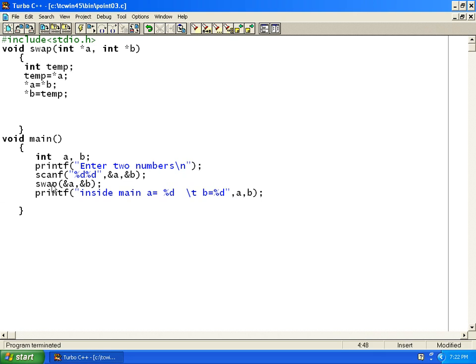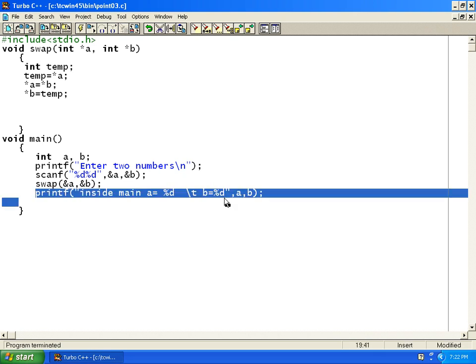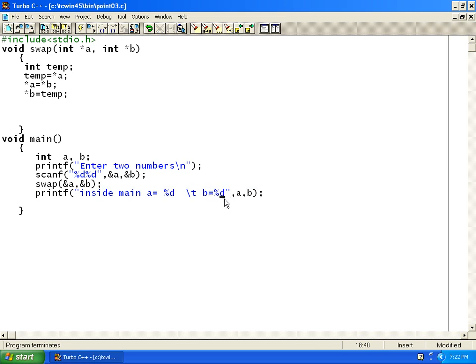You can also see what the addresses are exactly. So I'm not going to print the values this time. I'll show you the address. We don't need values because we have already seen exchanging values. It works fine with the pointers.